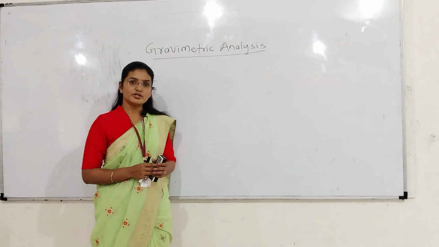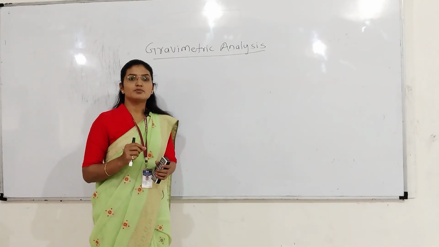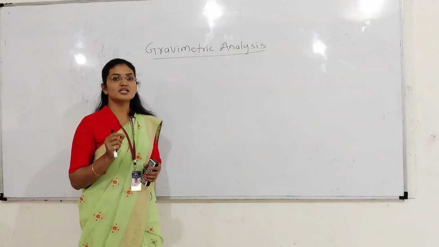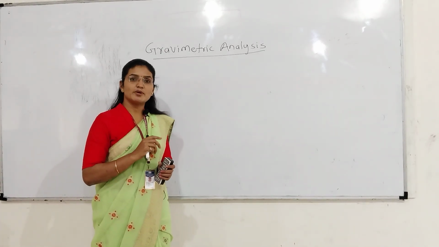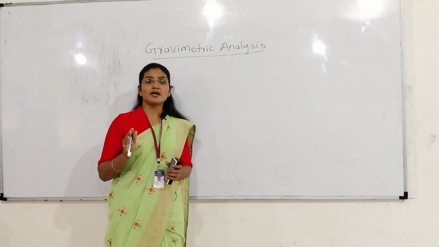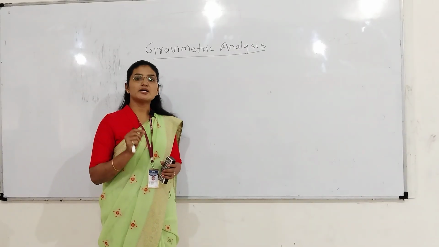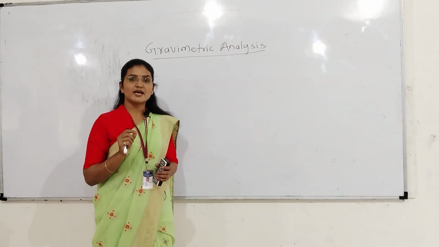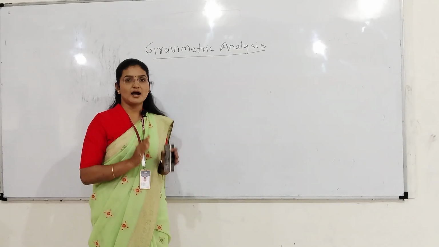Gravimetric analysis is the quantitative chemical analysis used to determine the exact amount of the substance, or the analyte, by measuring its mass. Mass means weight. Okay, so that is gravimetric analysis. Simply, it is used to determine the specific amount of the analyte by measuring the mass. It means the end point, or the reaction completion, is determined by weighing the mass of that analyte.